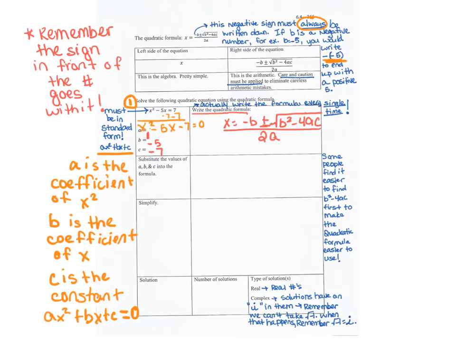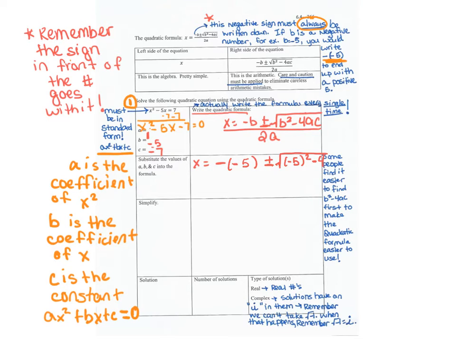Well, our second step says substitute the values of a, b, and c into the formula. So x equals, and then b is negative 5. So remember right here where it says this negative sign must always be written down. So there's a negative sign that's part of my formula, negative b. And then my b value is negative 5. So anytime I have a value that's negative, I need to put it in parentheses, plus or minus the square root of, I have a negative value, it needs to be put in parentheses, so negative 5 squared,